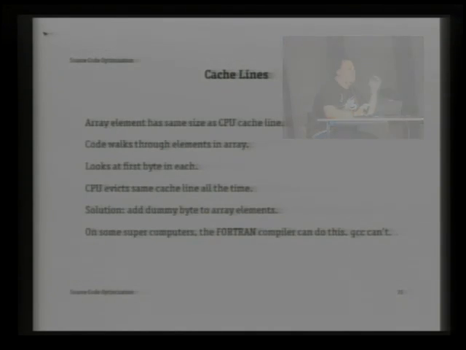So let's come to the optimizations that do matter. One of the optimizations that actually do matter has to do with cache lines. In the CPU, there are several levels of cache, and they usually have cache lines and associative caches. You can read up on this in CPU architecture books. The point to understand is that several pieces of memory map to the same cache line in the cache. So if you have a data structure that has the same size as the cache line and you walk through